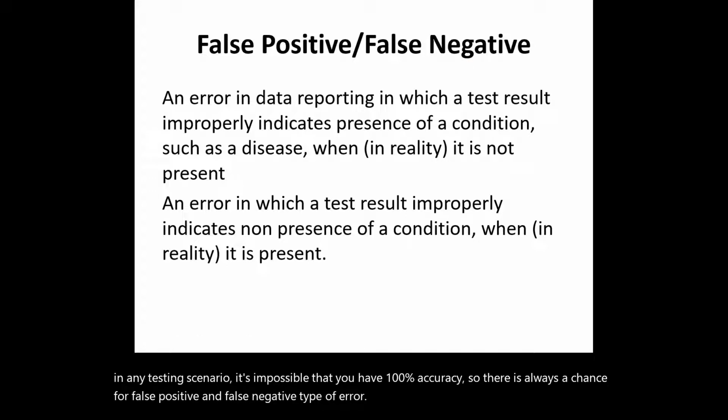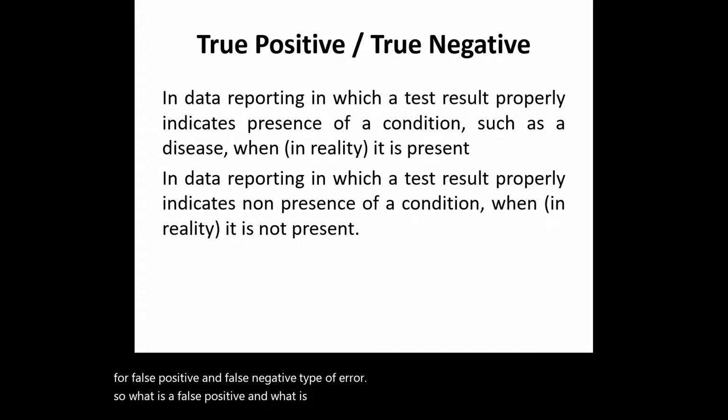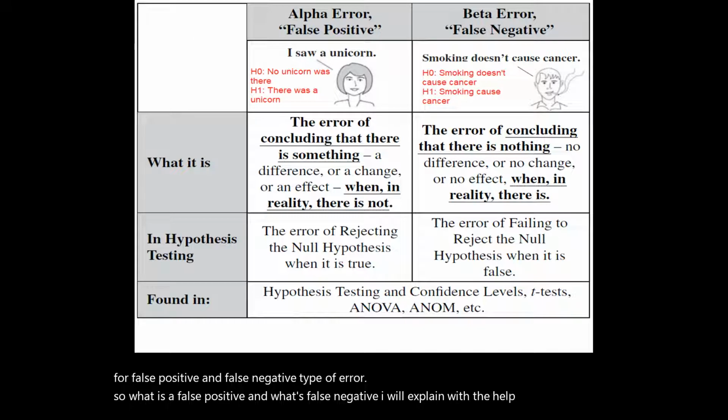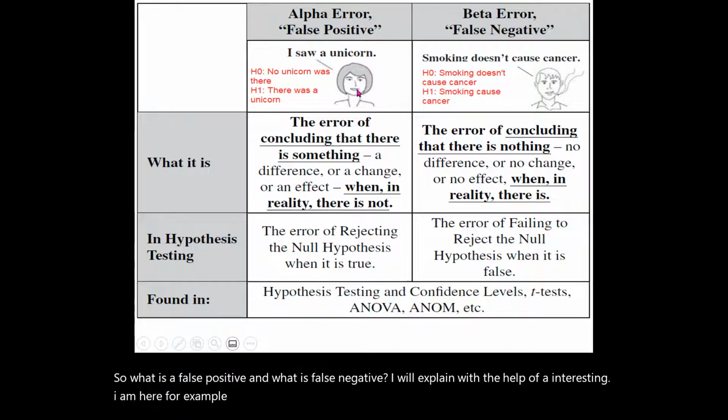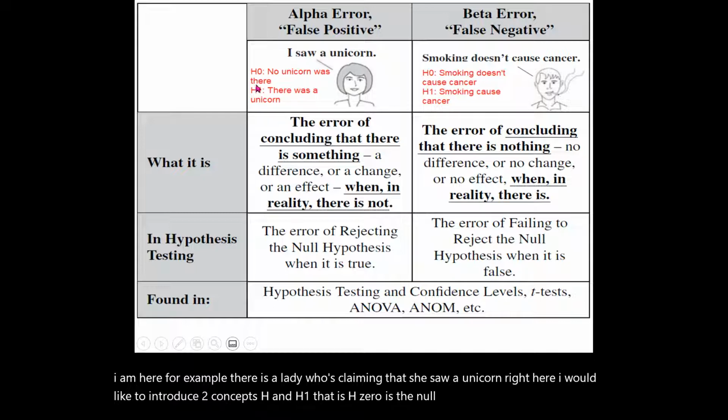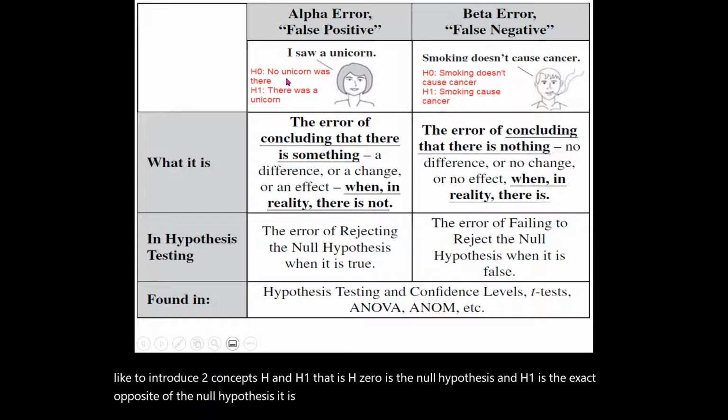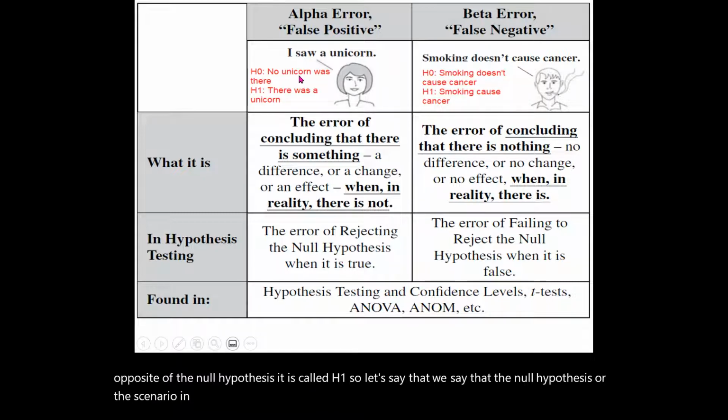So what is a false positive and what's a false negative? I will explain with the help of an interesting diagram here. For example, there is a lady who's claiming that she saw a unicorn, right? Here I would like to introduce two concepts, H0 and H1. H0 is the null hypothesis and H1 is the exact opposite of the null hypothesis. It is called H1. So let's say that the scenario in the null hypothesis is that actually there was no unicorn, whereas in the alternate hypothesis we have the statement that there was a